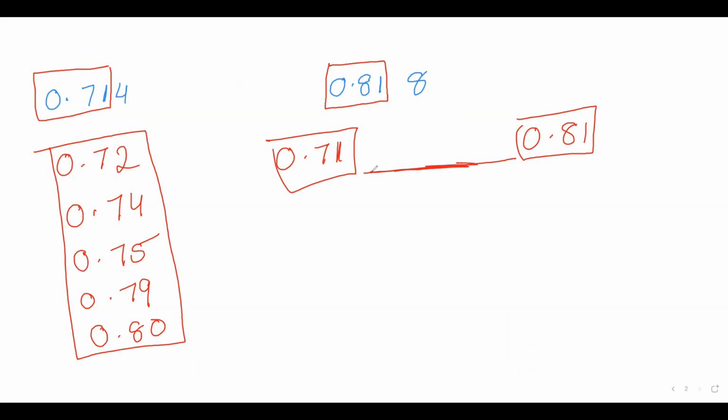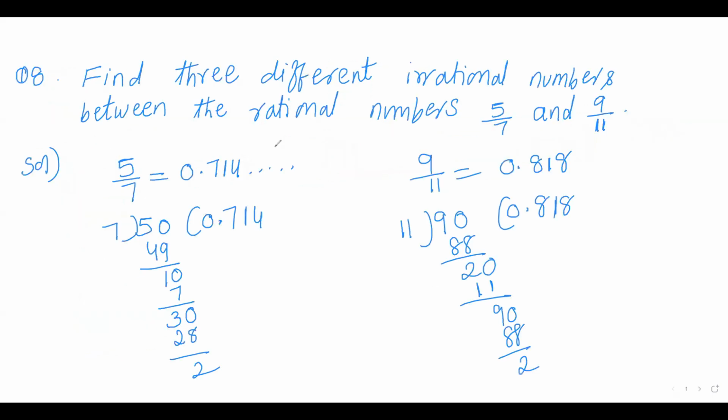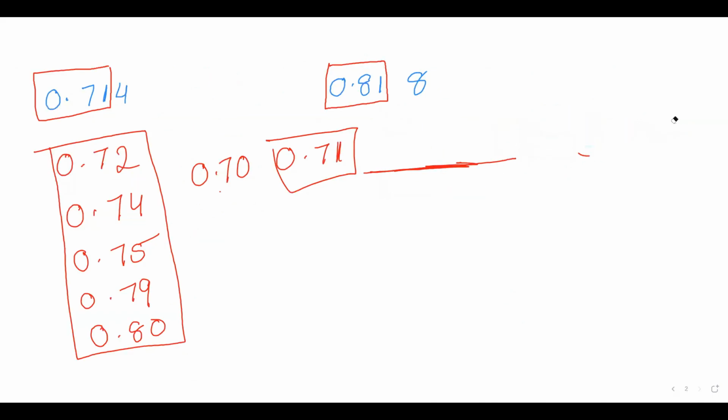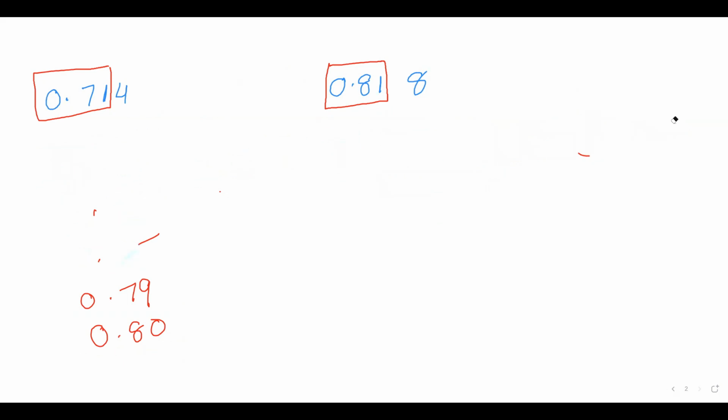which come between. You can't take 0.82 which comes after. You can't take 0.70 which comes before. You should take some decimals which are in between these two. Why? Because he is asking between the rational numbers. So let us select a few between these two. So I am taking 0.72, 0.75,